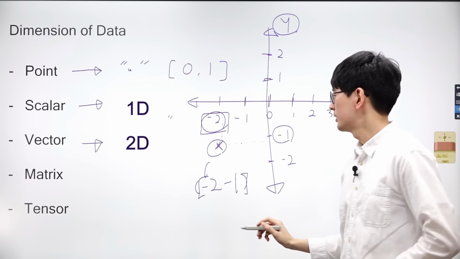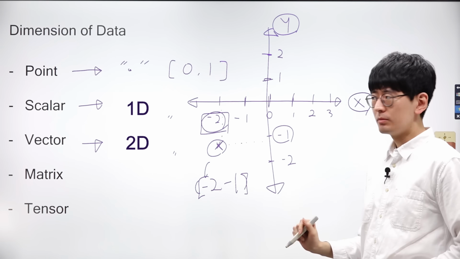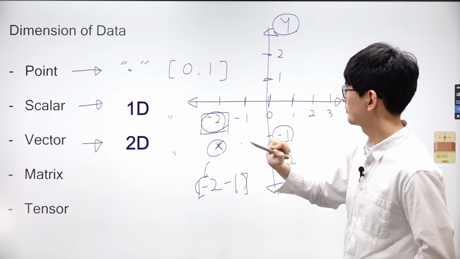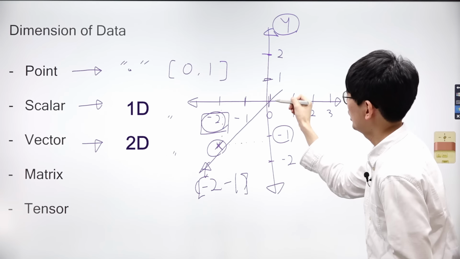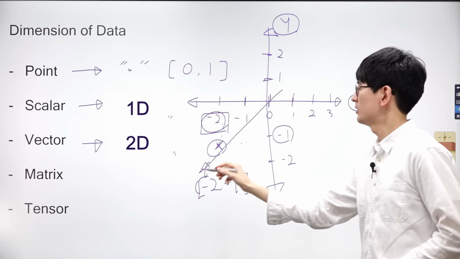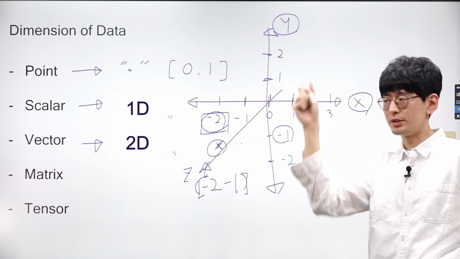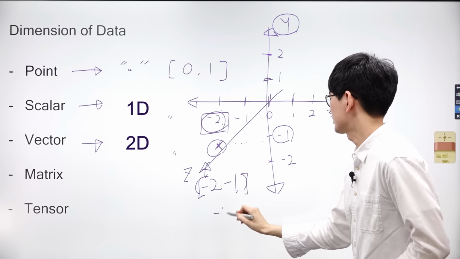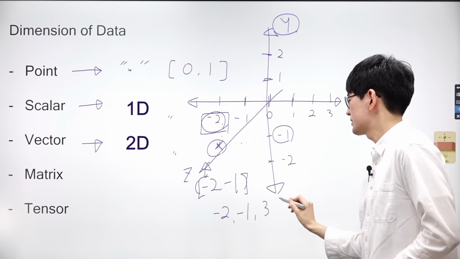Dimensions can grow further. Although we are talking about 2 dimensions, obviously dimensions can increase even further. Let's think about a third axis coming out of the screen. And we'll call the axis z. So there's also a value coming out of the screen. Suppose the value coming out of the screen is 3. So if it's -2 and -1, and it comes out 3 units from the screen, now we have 3 pieces of information within the point. -2, -1, and 3.